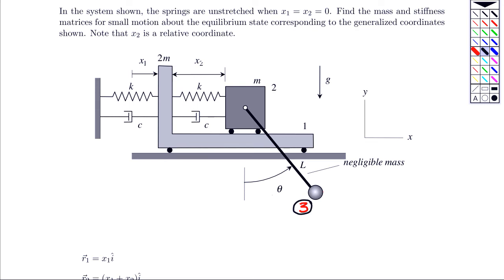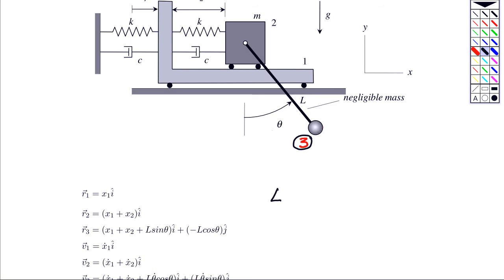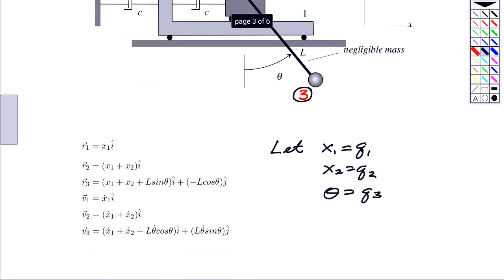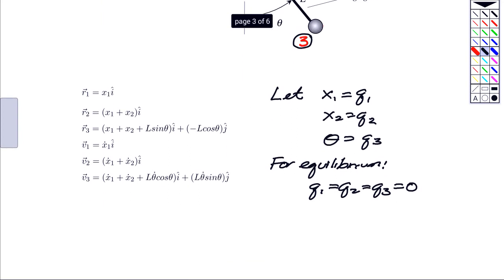So what we have here, again, our generalized coordinates are x1, x2, and theta. In terms of names, what I'm going to do is let x1 be represented by q1 and x2 by q2, and theta will be q3. And I think that you can see by inspection that for equilibrium, all the q's will be equal to 0. So that's the state about which we want to linearize our equations. So let's write down